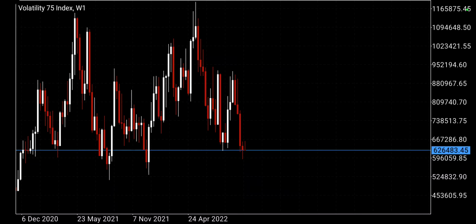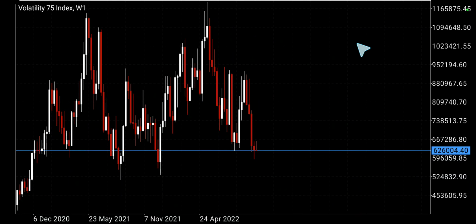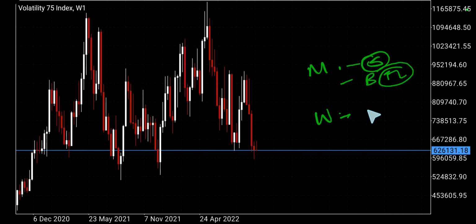But we need to make sure that as you are moving down, what you need to take with you is that you are at the monthly. From the monthly chart, we are taking it that we are at the support and we are at the bullish trend line. That's what you need to take with you when you're moving down to your smaller time frames. And on the weekly, we need to take that we are at the weekly support. And what else? We have a weekly pin bar,